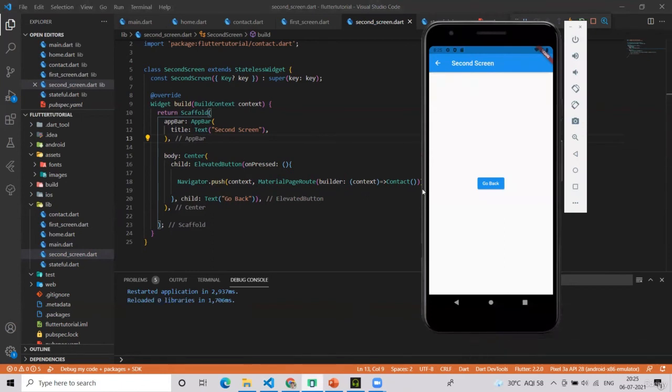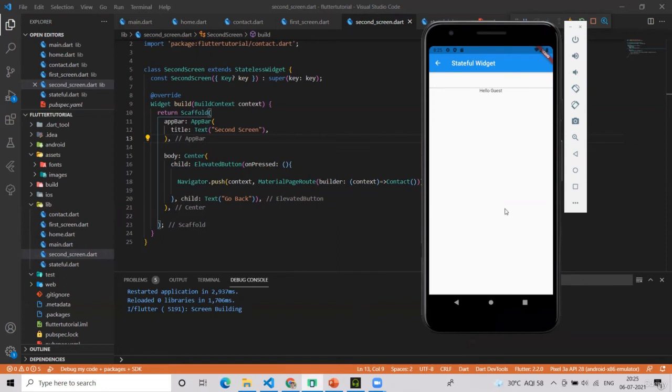Now what happens in the stack: it's only the first screen widget at this moment. Then when I click on go to second screen, in the stack at the very bottom there is the first screen, and above it the second screen. Then if I go to the contact screen, sorry, I just forgot to change the name, see, now the contact screen is there.